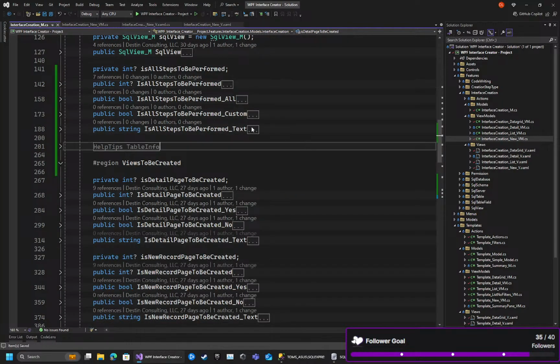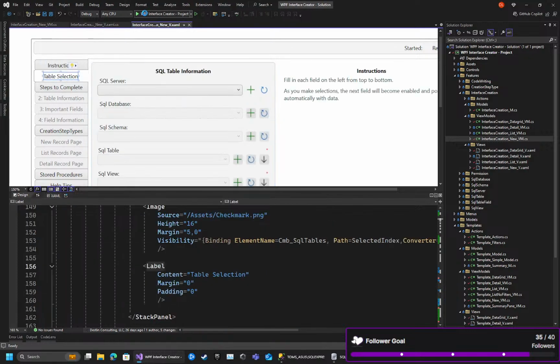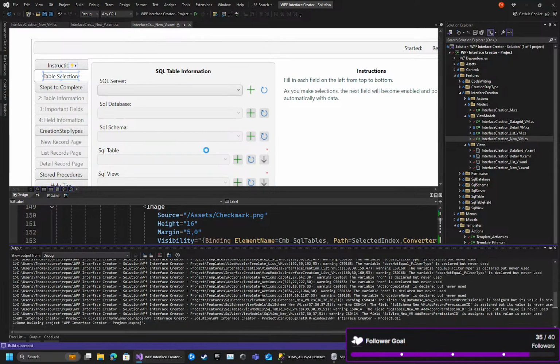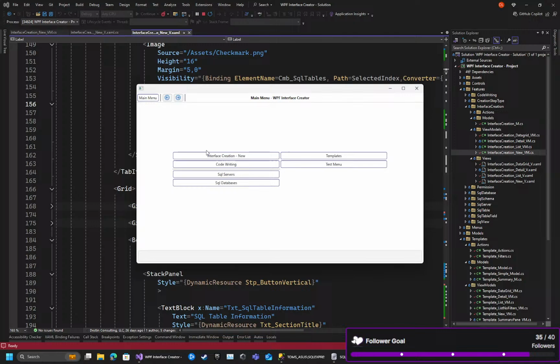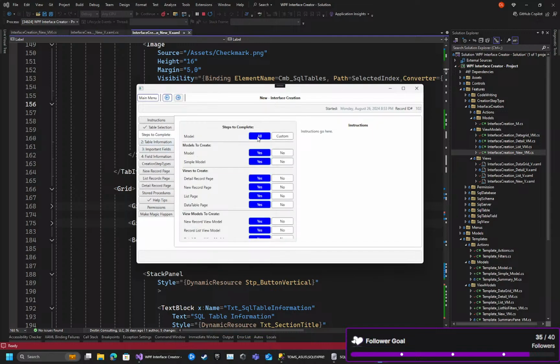And of course, we can also make it even more critical to where if the user does select all, we force them into all, not just fill it in for them. So we might say there's my table, steps to complete, I now have all, and they've all been selected, but what prevents me from deselecting some of these options, right? All right, so if I pick all, it initially does it. But